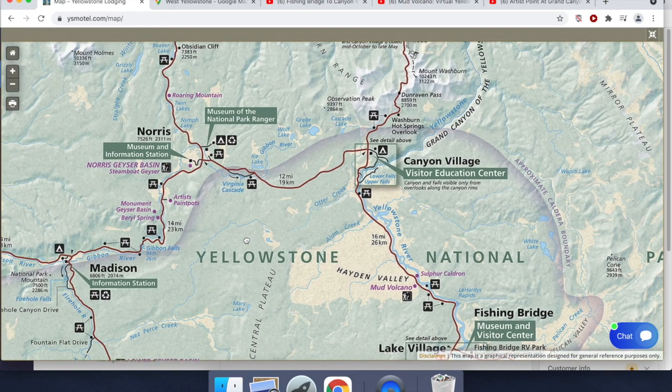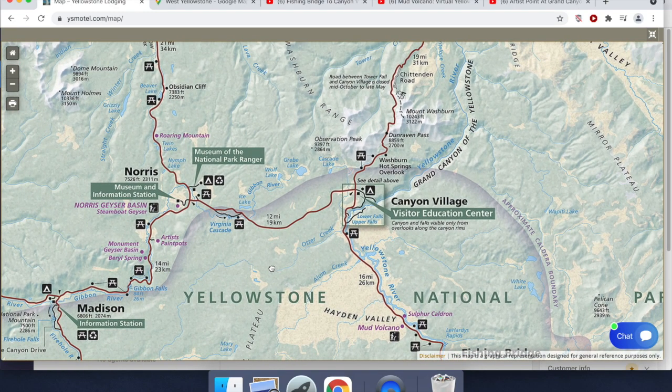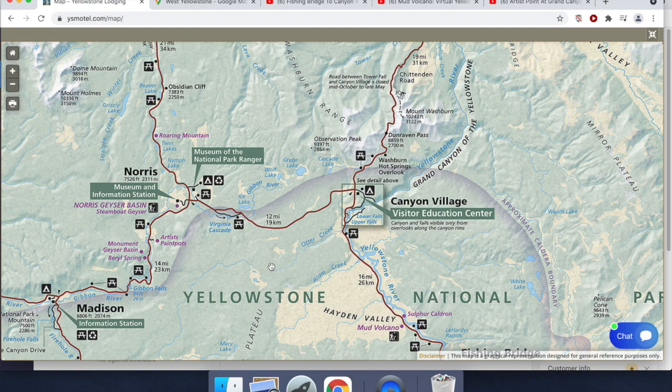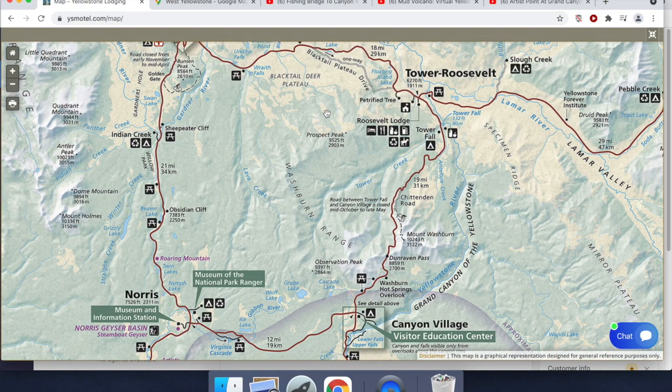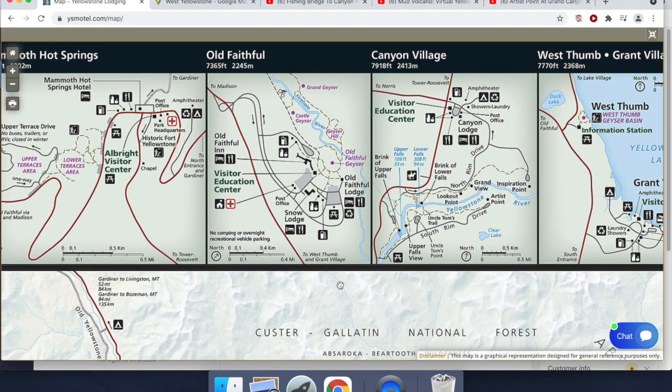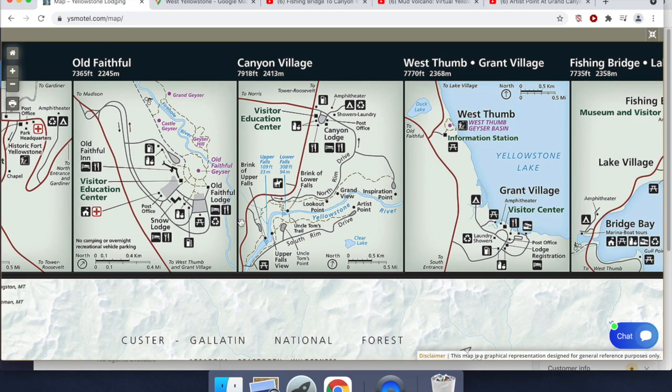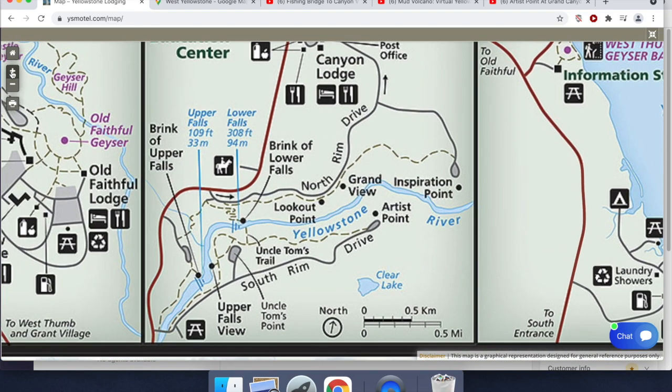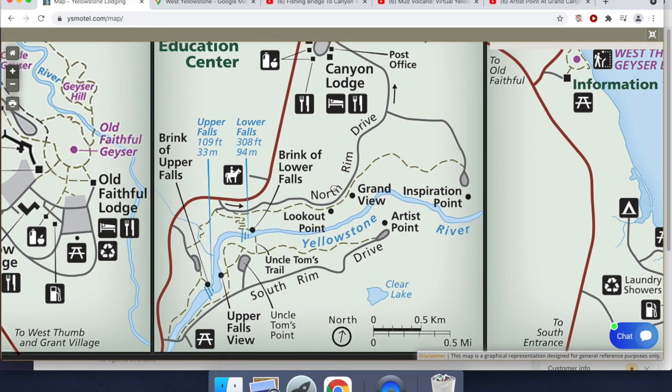I'm going to zoom out a bit, and the next major attraction that we come to on this stretch of road is the Grand Canyon of the Yellowstone. And the Grand Canyon of the Yellowstone is really such an unexpected treat and such a delight amongst all these thermal wonders. If we go to the top of the map now, we'll see that the National Park Service, because this is a National Park Service map, has included close-ups of some of the more popular areas in Yellowstone, and here is one of the